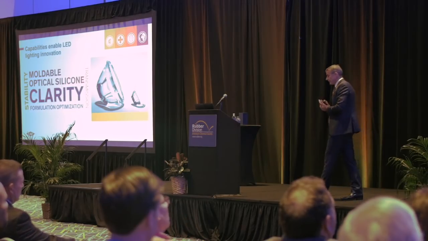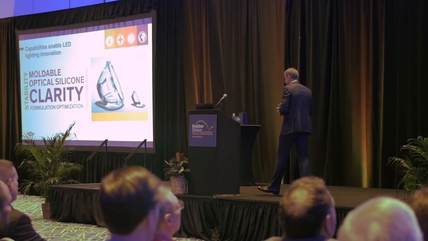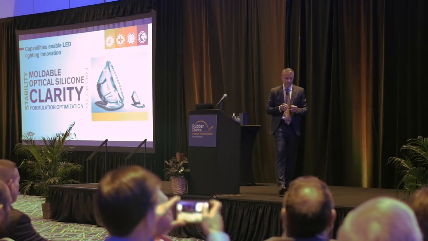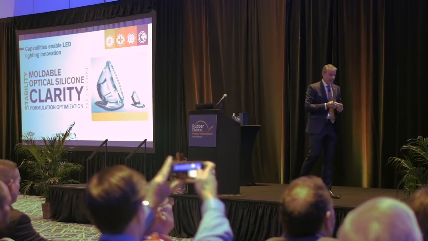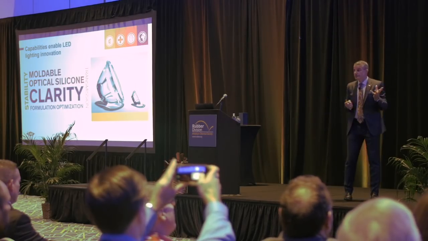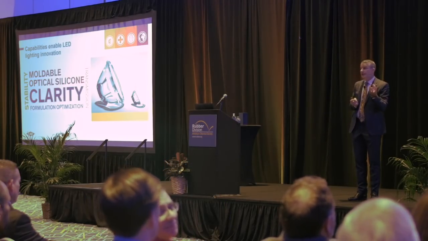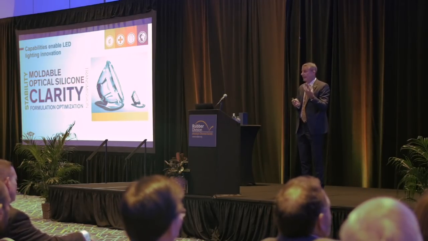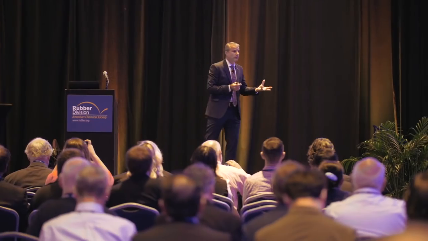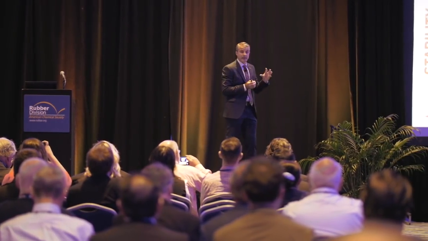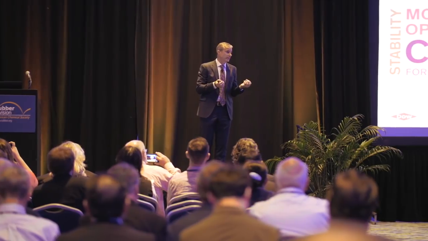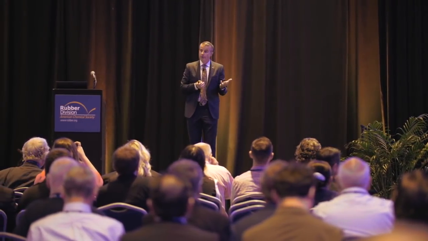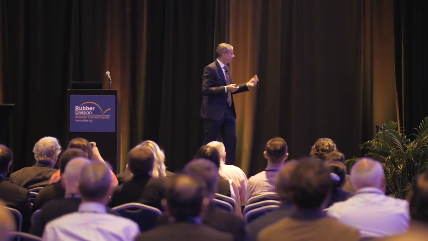And the one area that I would like to highlight is an area that we're really excited about, which is optical moldable silicones. Silicones can be formulated into an elastomer that's extremely clear. And because it's an elastomer, and because you can injection mold it, you can get to geometries that are impossible to get to with glass. You would have to machine it, or use polycarbonates or other materials.